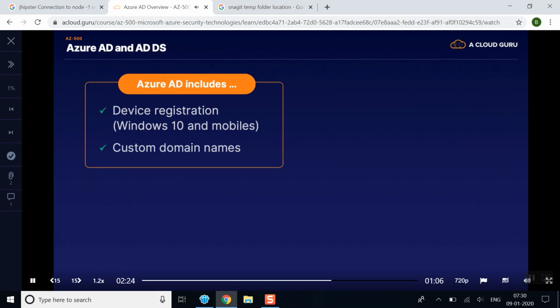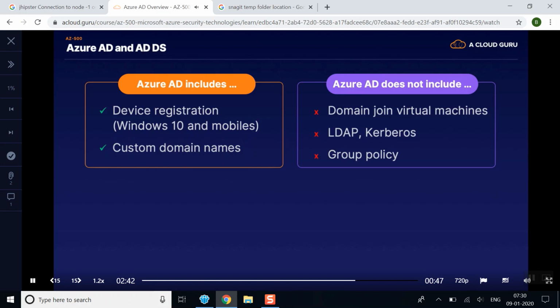It's important to note that Azure AD isn't a fully fledged Active Directory domain controller in the cloud. It does include device registration for Windows 10 and mobiles, and the ability to associate a real-world domain name with your Azure AD. Some of the things which it doesn't include are domain join of virtual machines, LDAP and Kerberos